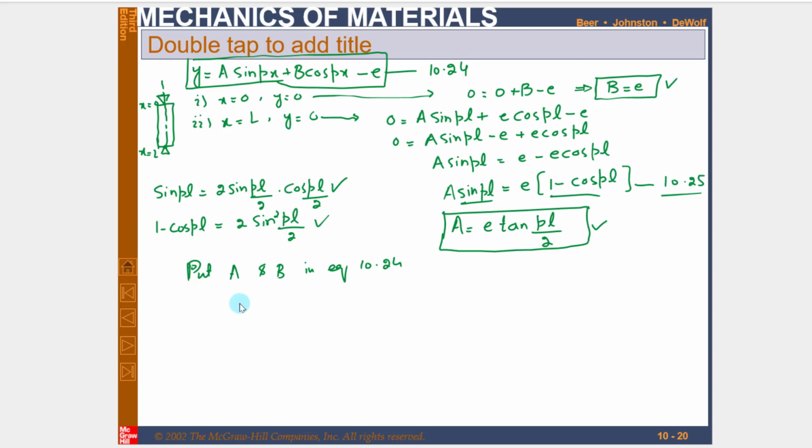When you put them in, this general equation will be y equal to e tangent of pL over 2. Remember this capital L or small l, these are the same. I will use small l. So e tangent of pL over 2 plus b, and b is equal to e cos of p